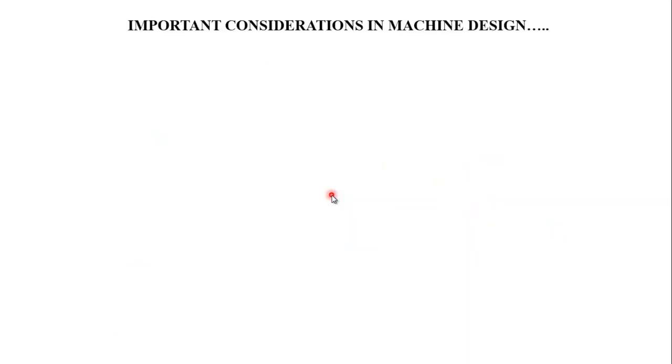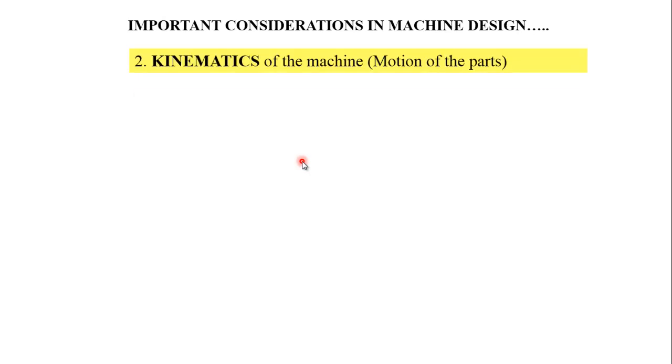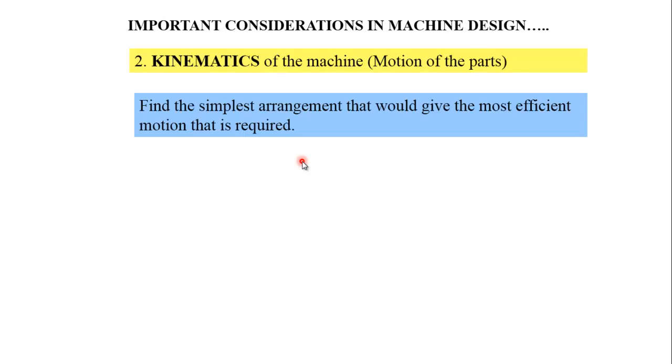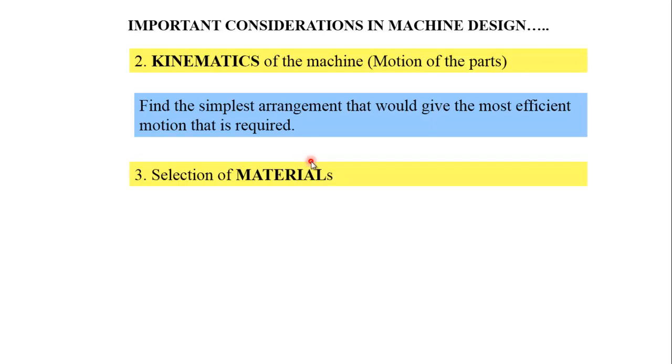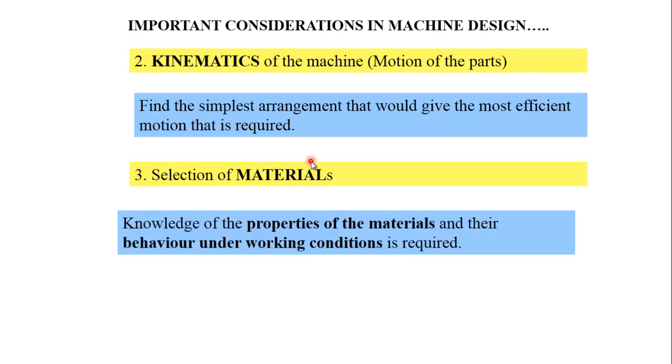Then what are all the other important considerations in machine design? Kinematics of machine, that is nothing but the movements that are taking place inside the machine, like gear movements and belt drives, or any other machine elements. Those movements will contribute some loads or other disabilities. These things will cause some failures in that machine. So we have to consider the kinematics involved in that particular machine.